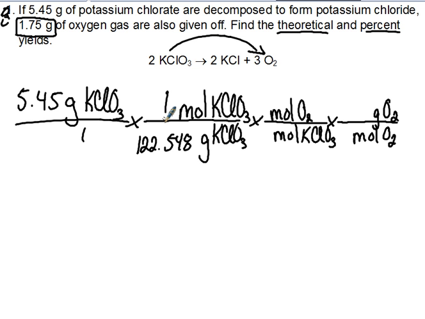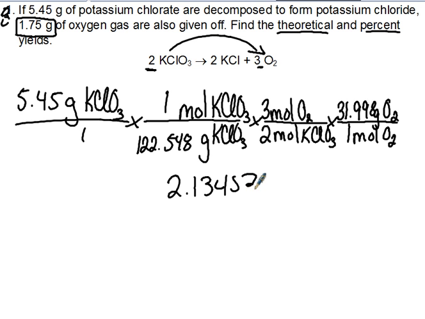I look to my chemical equation. The number in front of KClO3 is 2. The number in front of O2 is 3. Go back to the periodic table. Periodic table is always in 1 mole, and then we add up the masses of 2 oxygen, which is 31.998. Now, when you multiply the tops and multiply the bottoms, you get 2.1345